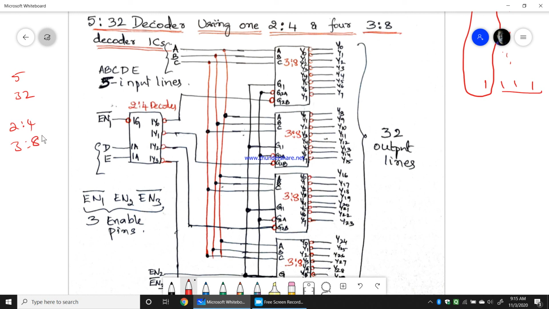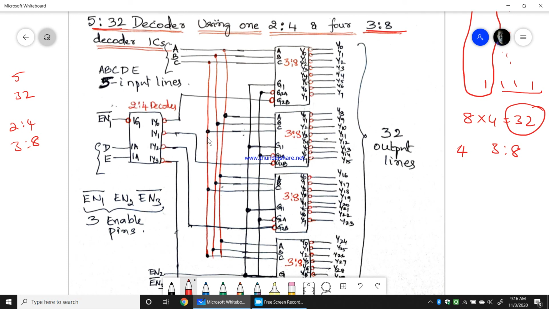So what I'll do, I will use a 2:4 decoder to activate one of these 3:8 decoders. Now how many 3:8 decoders are required to give 5:32? 8 fours are 32. So I need four 3:8 decoders to get 32 output lines, and that is what I have done. 1, 2, 3, 4 3:8 decoders to get 32 output lines, and each decoder will have